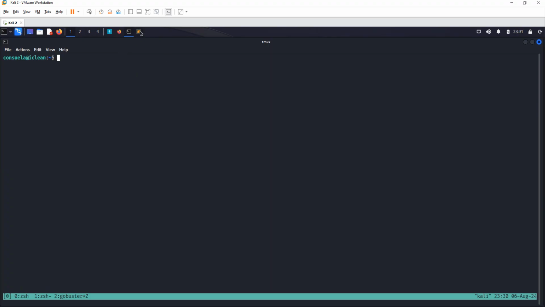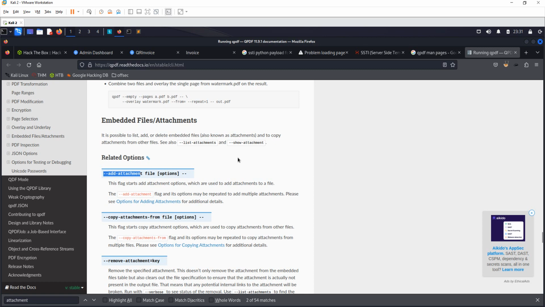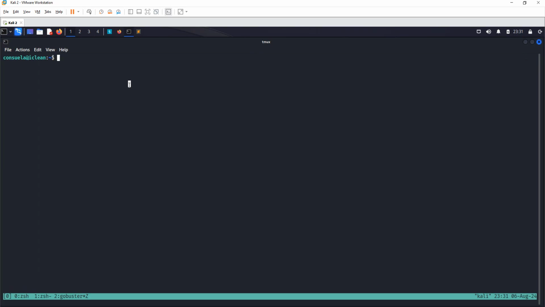Okay, and then when you search, we don't need to create a PDF before we attach files to it. We can create a PDF from an empty page. So with that one, you have to use the empty switch. So let's start. So we say sudo qpdf and then empty. So the empty means we are creating an empty PDF file, and then